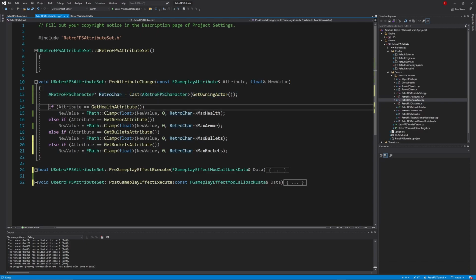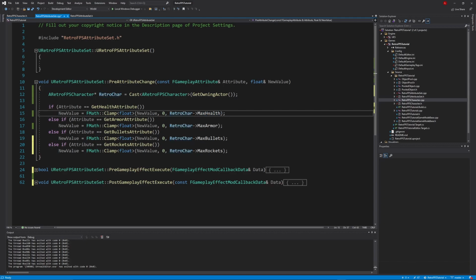And then we go through and check the attribute that we're passing in. We're saying if the attribute is equal to the health attribute, then the new value is equal to clamping the float of the new value from 0 to the max health that we made in the Retro FPS character header file, if you recall. We just take the RetroChar variable, and then we do this little arrow, and then we say MaxHealth.